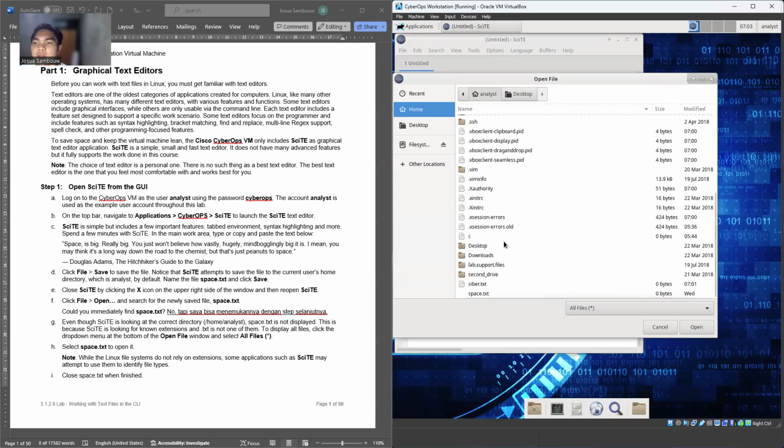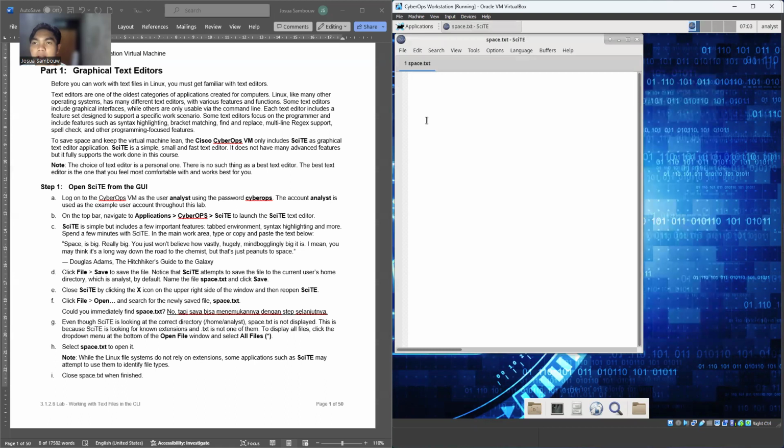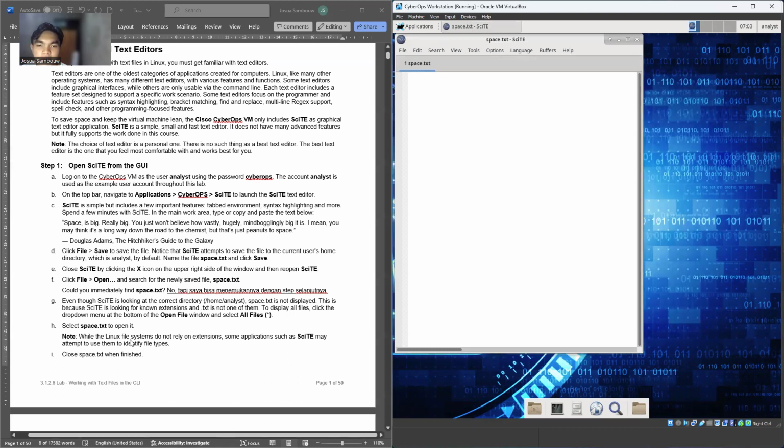And then we can open the cyber.txt or space.txt. We open the space.txt like this one. Tell us to open, and voila, this is the file space.txt.